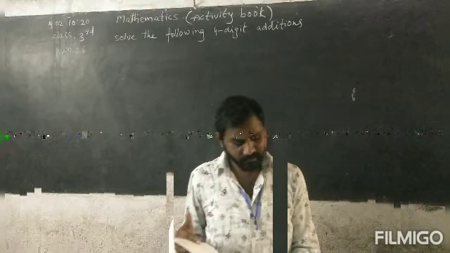Next, add the digits in hundreds place along with the carry, that is 1 plus 9 plus 5. First we add 1 plus 9, 10. Next we add 10 plus 5. Keep 10 in the mind, we take 5 fingers in your hand. You can count 10, after that 11, 12, 13, 14, 15. So 5 we take and write down under the hundreds column, 1 is carried to thousands place.